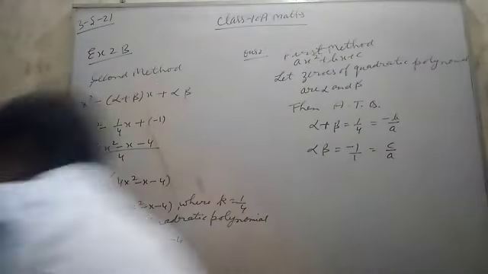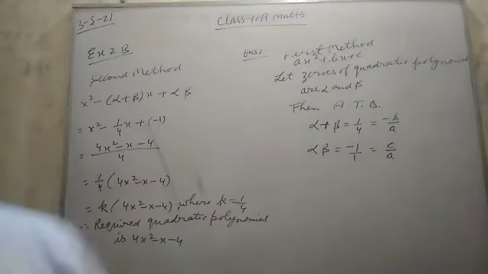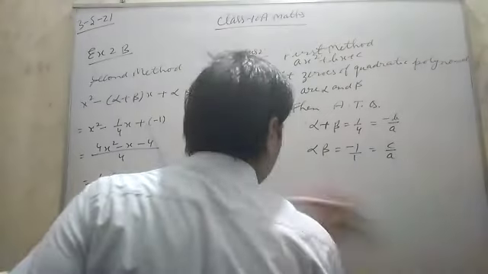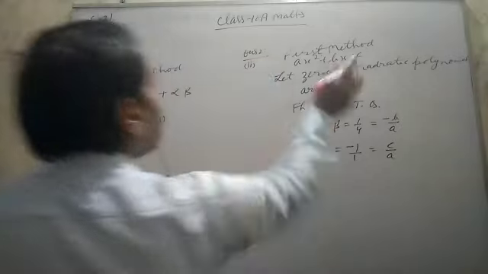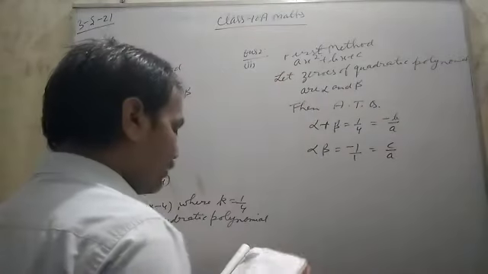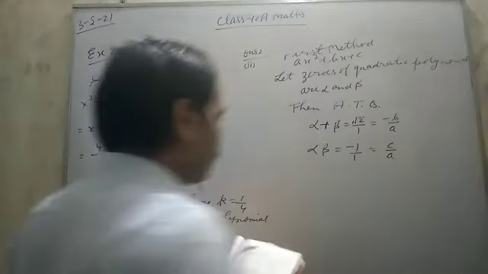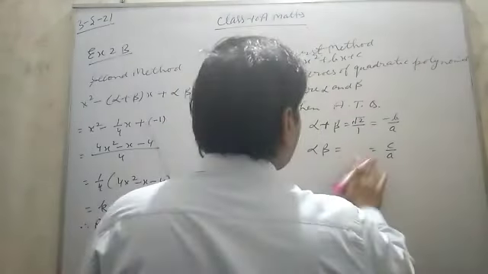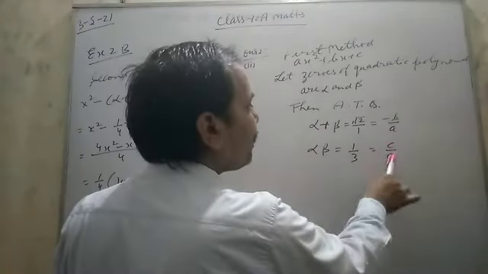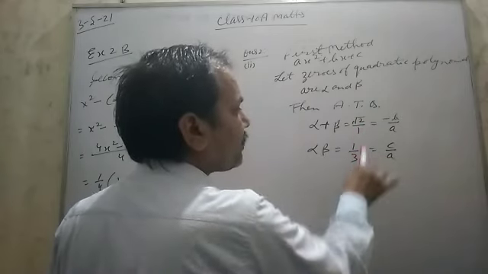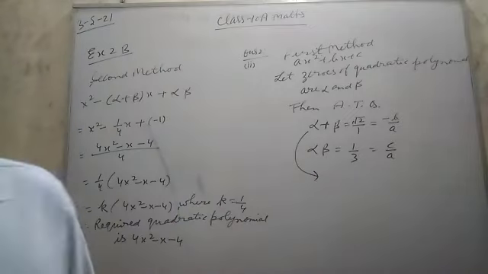One more part, like the second part. Same remaining thing. So in the second part, this is given as under root 2, which means under root 2 by 1, and this is given as 1 by 3. Here also a is 1 and here 3, so the denominators are not the same. So take their LCM. The LCM of 1 and 3 will be 3.